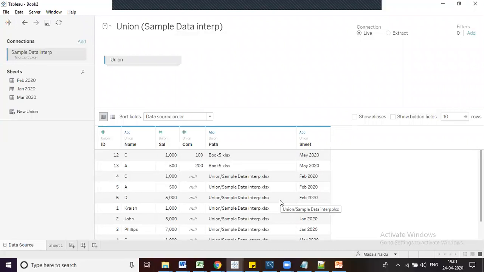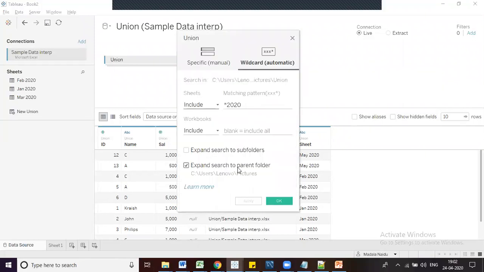Now it is displaying 10 records, meaning it is not searching the subfolders within the folder. But we have selected the parent folder option, so it is not searching in the subfolder, but it is searching in the parent folder. That's why it is showing 10 records. Right, guys? So this is how we can use the union options.